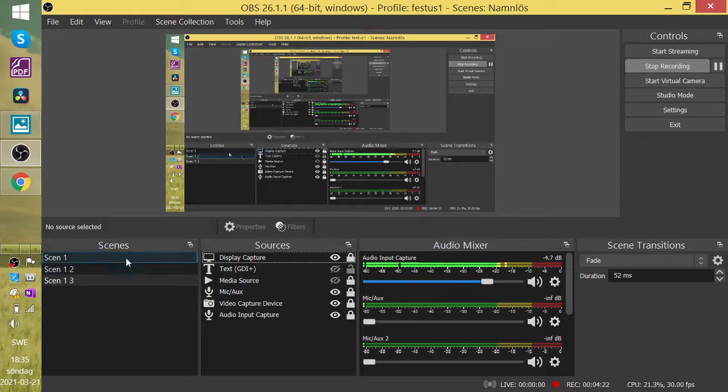Yes. Because I have scene 1 of 3, that is why all the scenes are together. But if you have separate scenes, then you have them separate. All the scenes will be appearing separately, and then you can use them. You can change the scenes when you are doing your video recording. You have already set them up. You can be changing them, and it doesn't show in the video as you are changing.